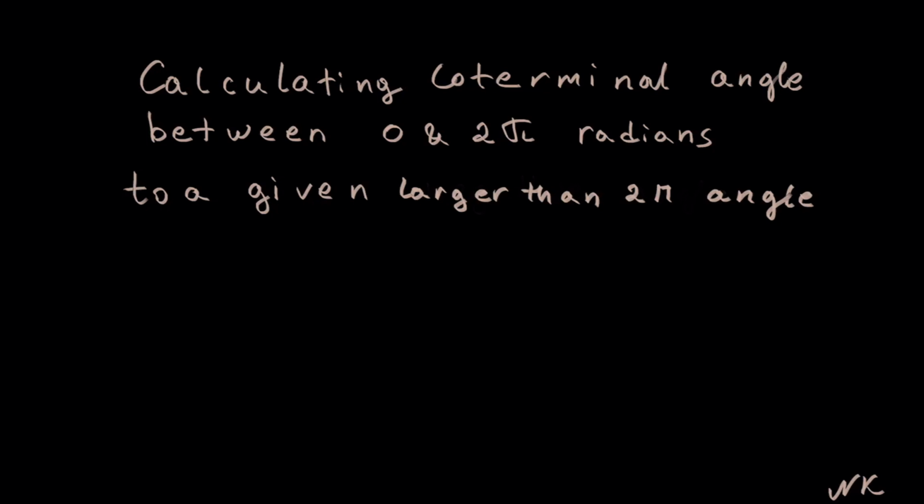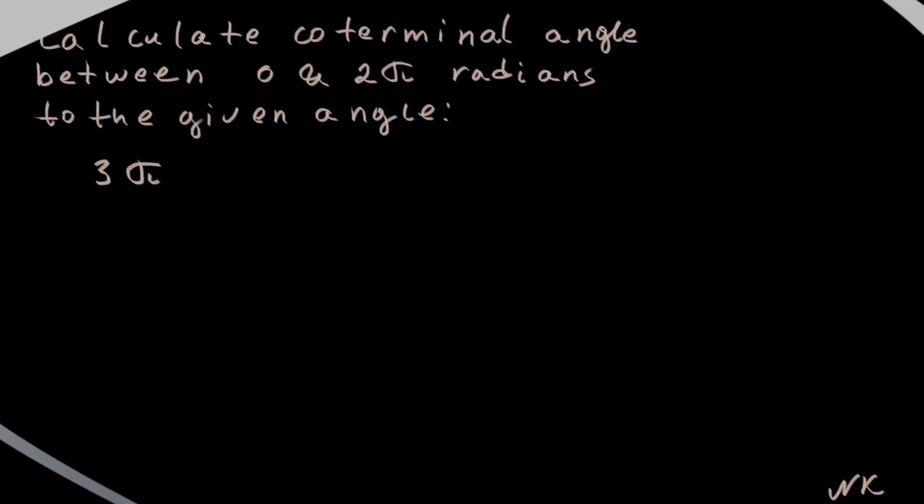Hello. In this video we are going to be calculating a coterminal angle between 0 and 2 pi radians to a given angle larger than 2 pi. In this problem we have to calculate the coterminal angle between 0 and 2 pi radians to the given angle of